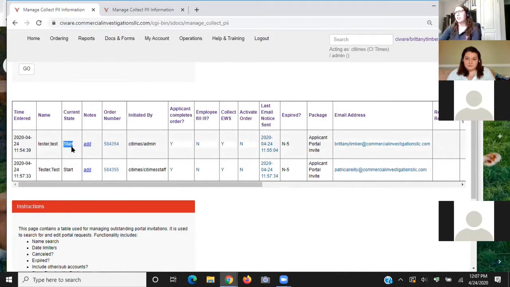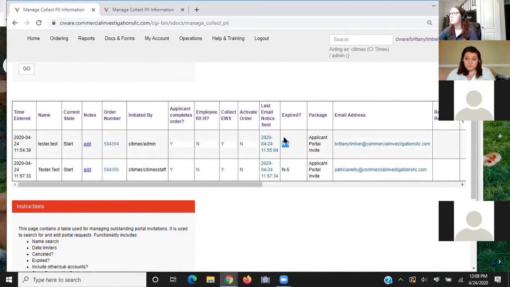So that would just state that that's where they are in the process. And then right here is if it expired. Most of our clients have the link sent out for 5 days automatically. We do have some clients that change it to 2 days, and I believe some just have an unlimited time span. That can also be changed to whatever you prefer on how long you would like the link